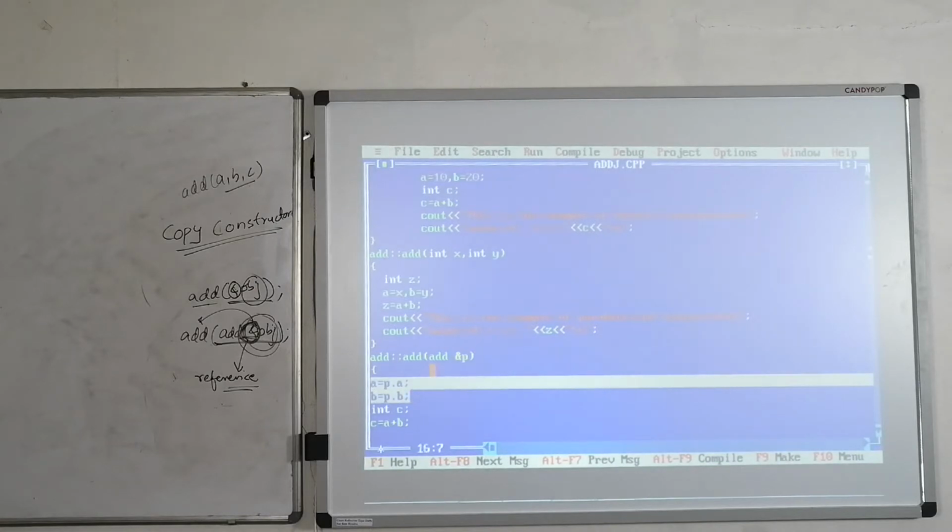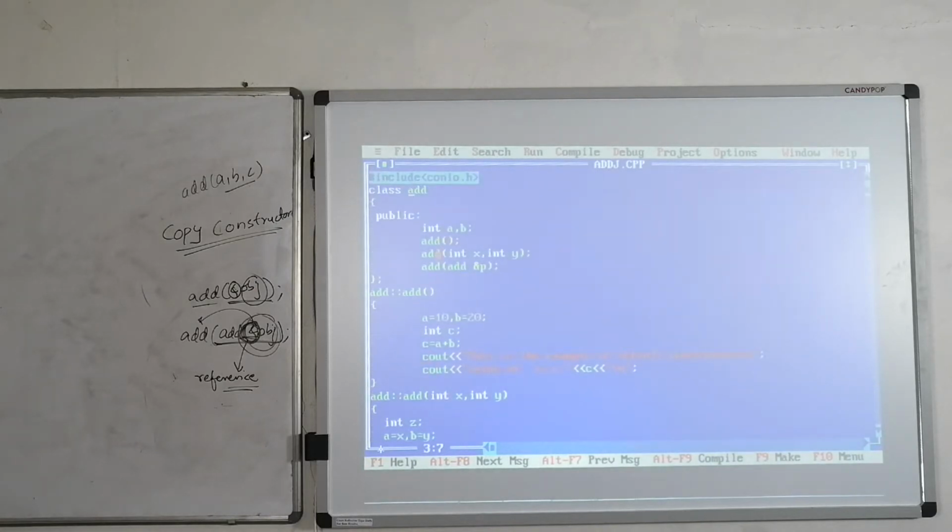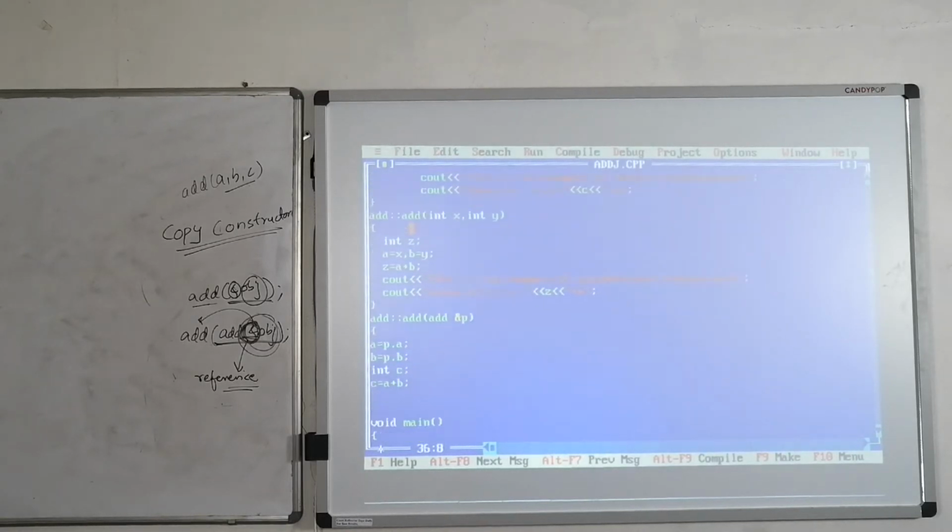See here, A and B are declared in the class and in public mode. That's the reason we can use these variables outside the class. Here I am accessing those variables by using its address. Here we are creating one reference variable P. By using this reference variable, we are calling variable A and variable B. Then we are performing addition of two numbers. Now we are printing the value C out.